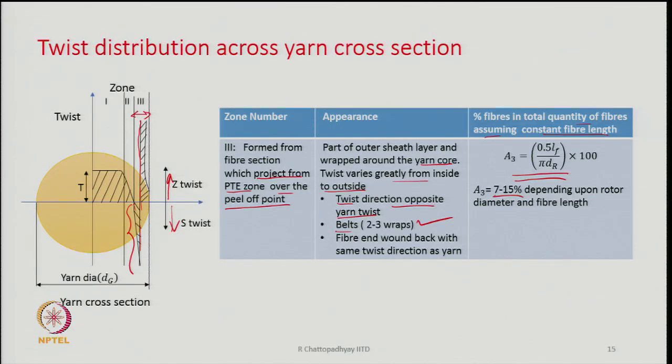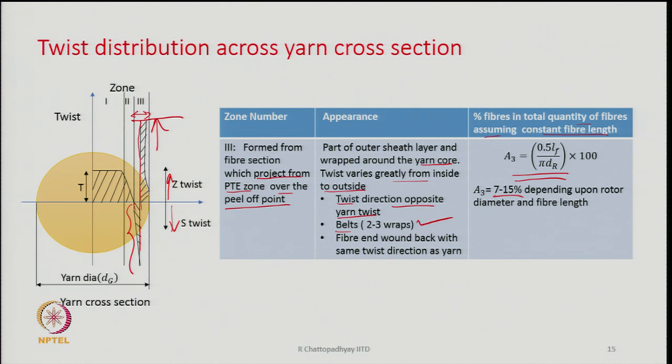Then comes zone 3, where many of these fibers are basically forming belts. They are tightly wrapped. Therefore, the twist level you see goes very high up to this much, because they are placed almost perpendicular with respect to the yarn axis. This is going to happen for some fibers. So, they may show